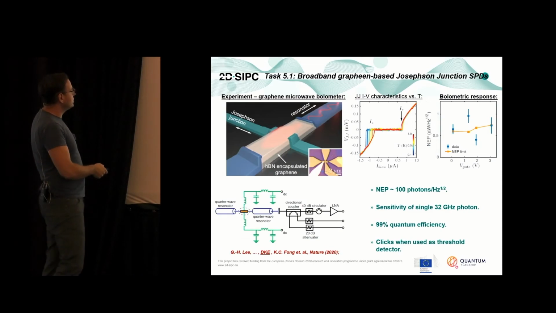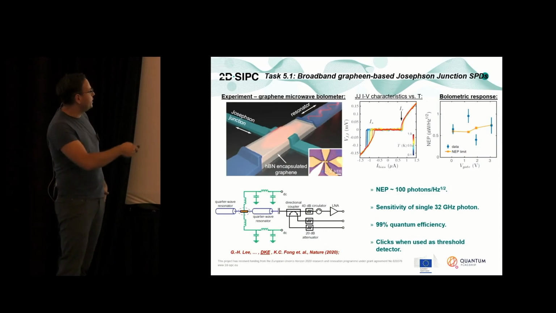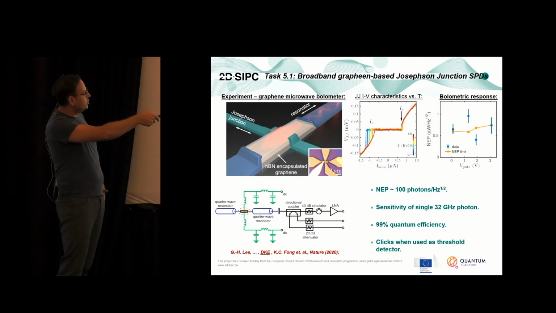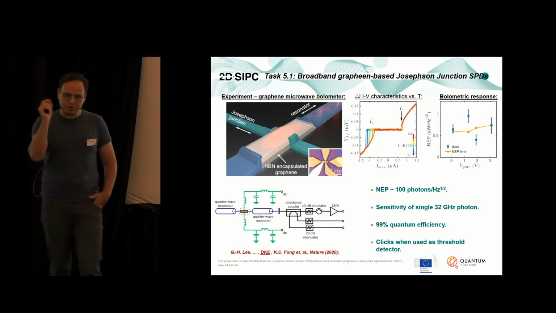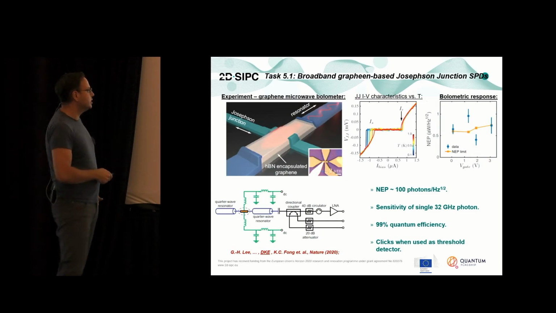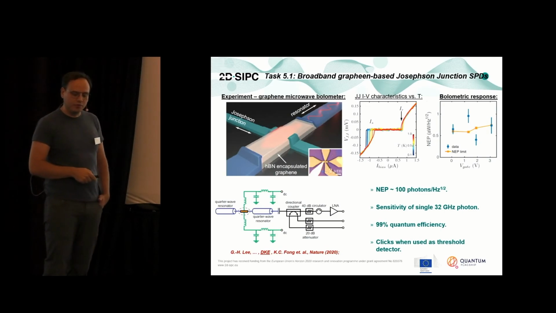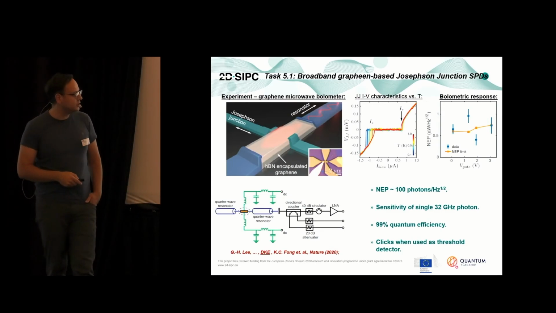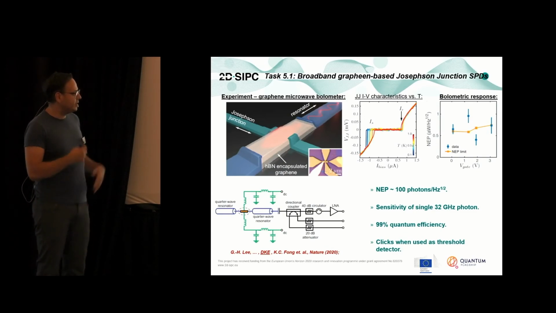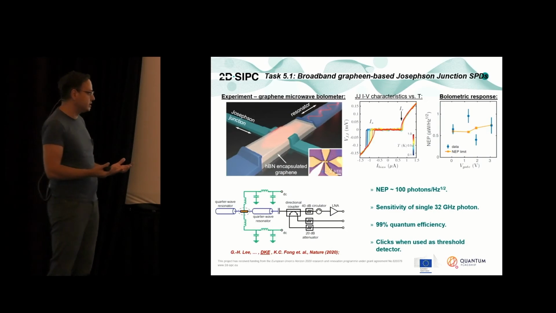And we were able to really measure this device as an ultrasensitive bolometer. It turns out that if we look at the critical current of the JJ, we can use it as a thermometer, so we can use the critical current as a thermometry scheme. When we inject gigahertz photons through the waveguide here, we find that the sensitivities are on the order of 100 photons per square root hertz. That means that sensitivities of a single photon at 32 gigahertz frequencies are possible with the system.